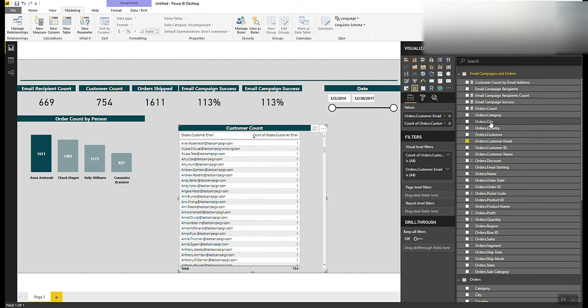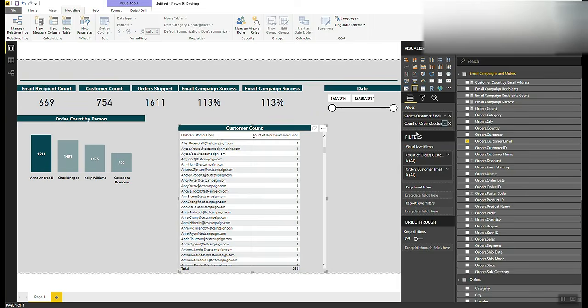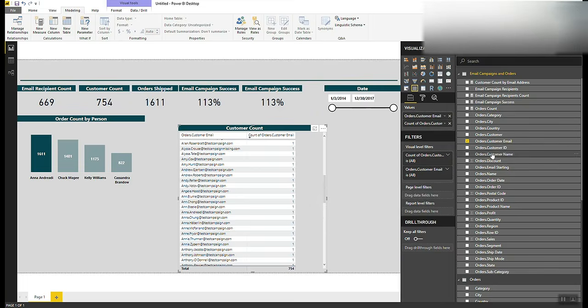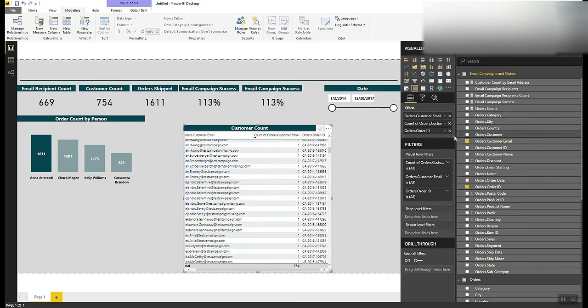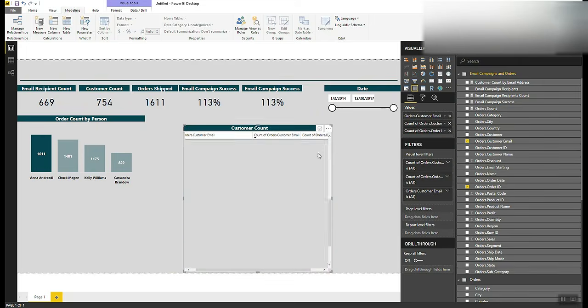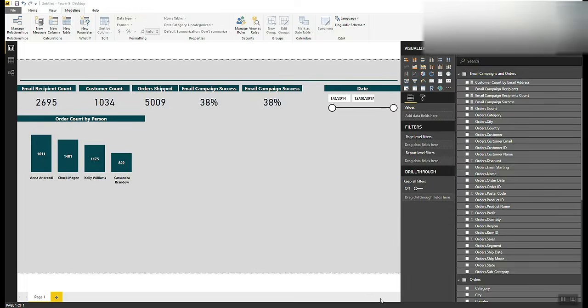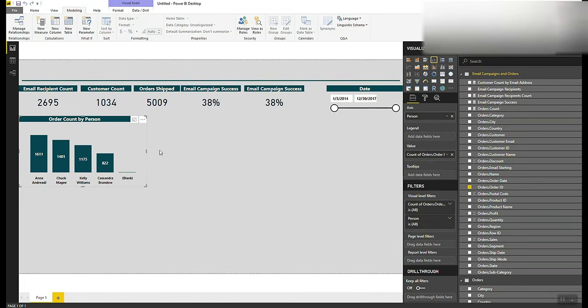Let's do an order ID count here. So let's do order count beside that. Okay, so the first thing you notice that we've done here is essentially just break out the total order count